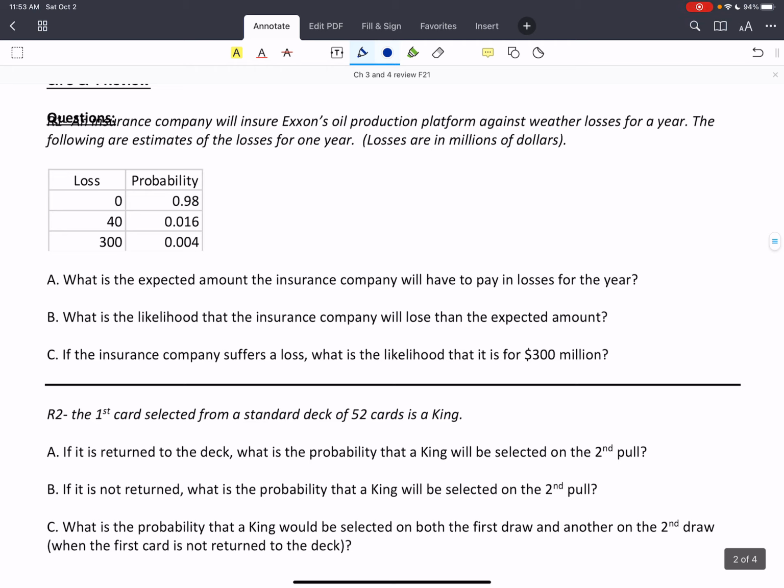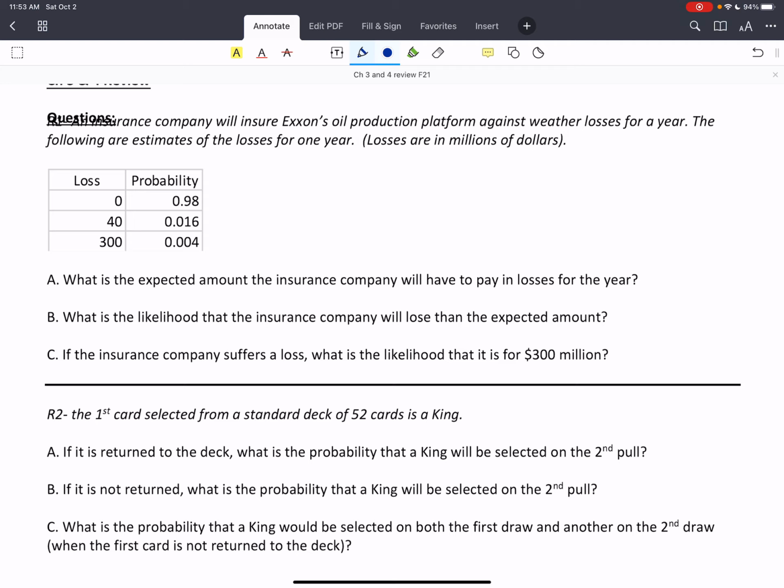So we've got an insurance company, and they're looking at Exxon's oil production platform against weather losses. And so they're trying to predict the probability that they have to pay out, okay? That's what they're doing here. And so the first question says, what's the expected amount the insurance company will have to pay in losses for